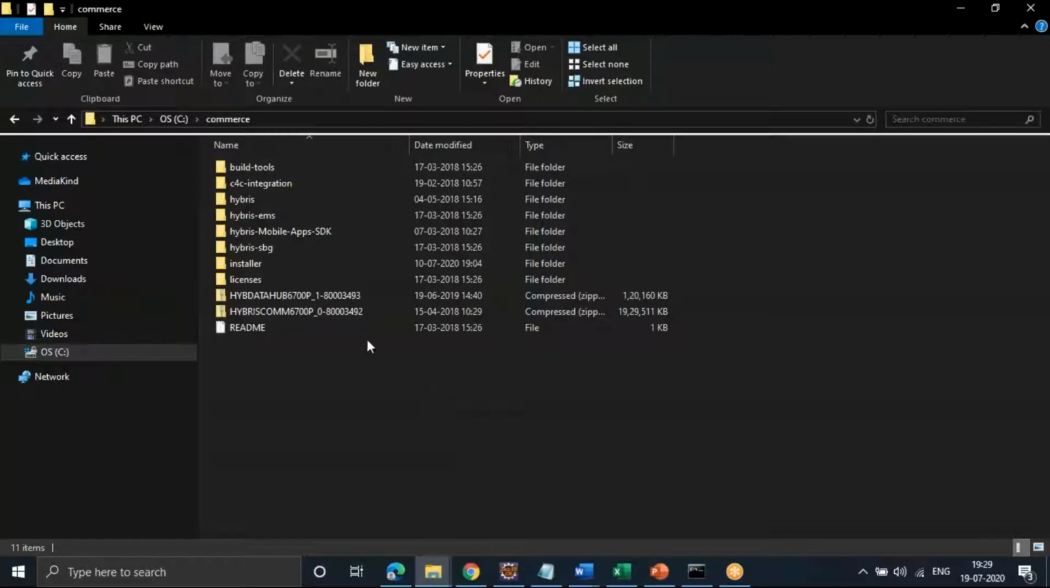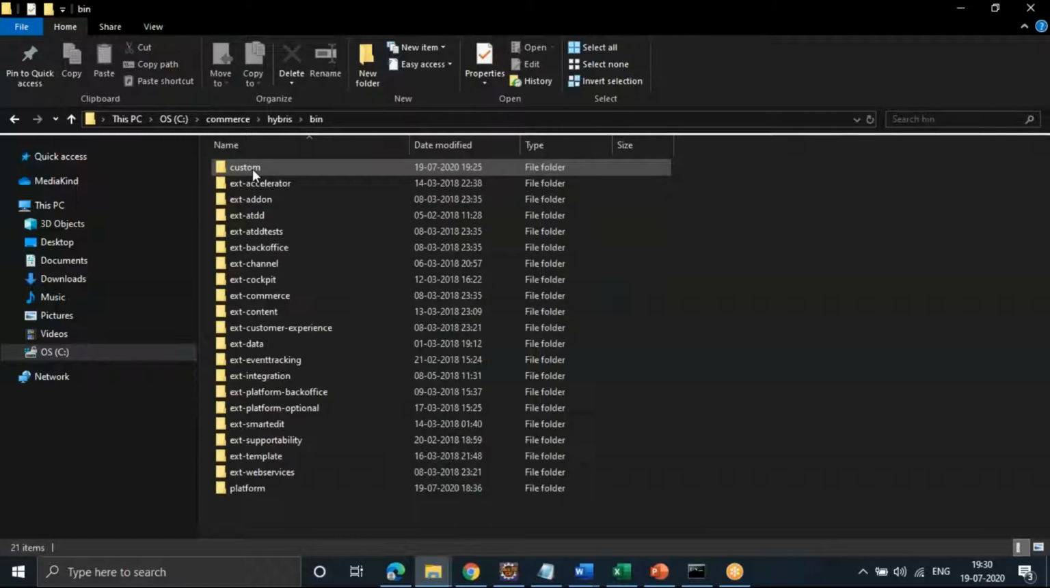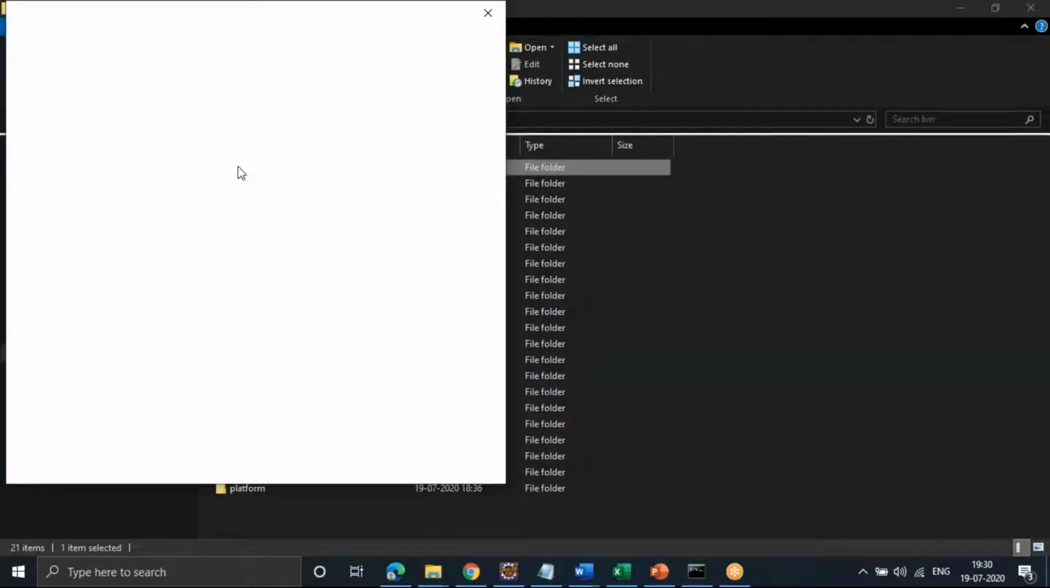Here you can see this is the package. In this package, you have this particular Hybris folder. In the Hybris folder, you have the bin folder. In this bin folder, you can see these are all the extensions available and all the custom extensions. Here you have the folder custom. So now we are going to add a custom extension. To do that,